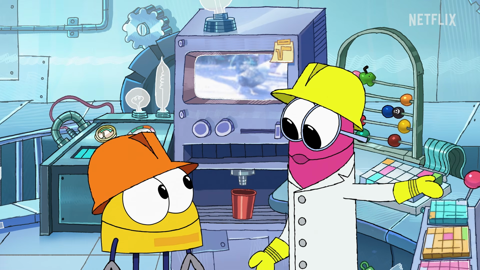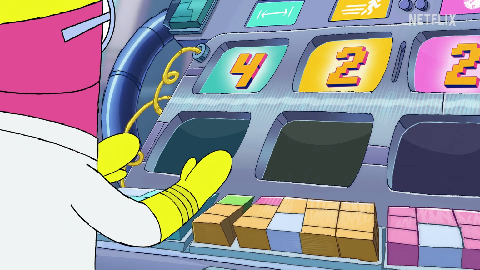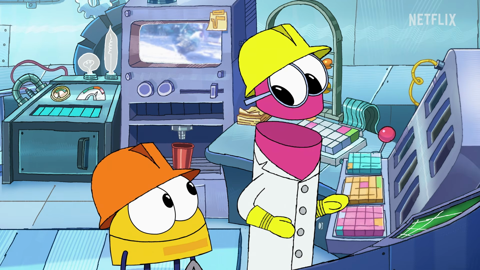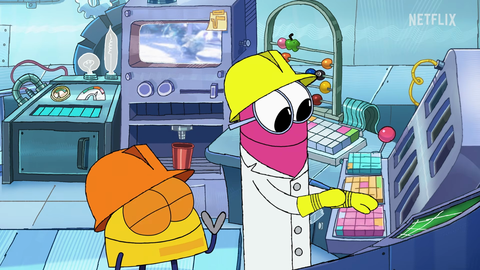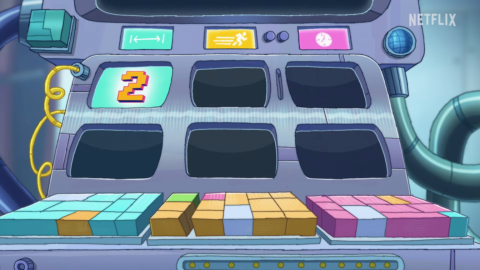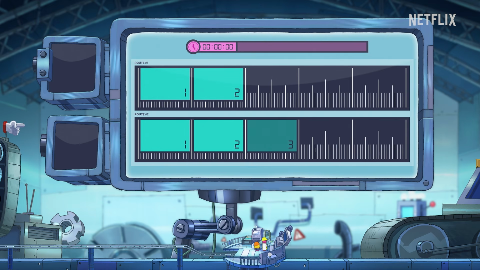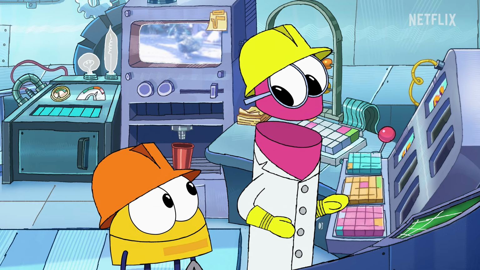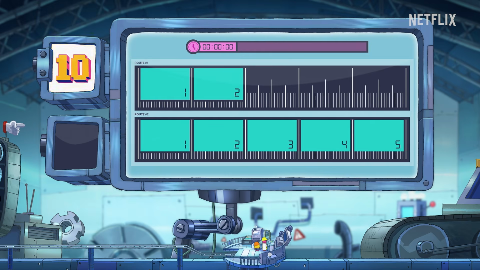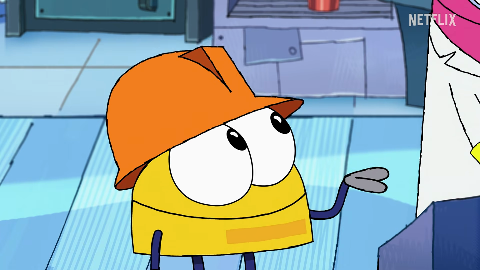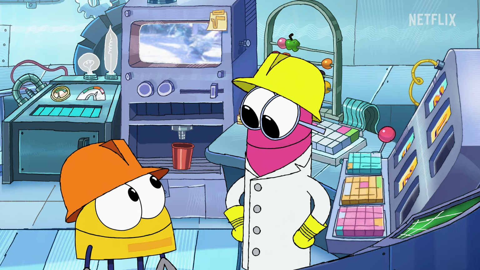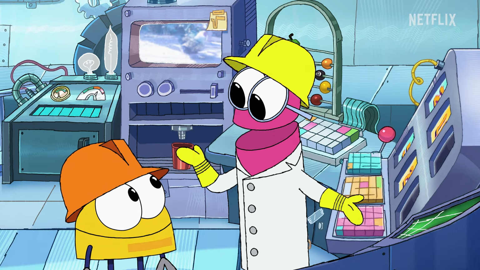Fantastic! Now let's figure out this problem for your friend. How far do they have to travel? Well, one route is 2 miles. And the other route is 5 miles. Okay, and what's their speed on each route? Well, for the 2-mile route, they can travel 10 miles per hour. And for the 5-mile route, they can travel 20 miles per hour. Perfect! That's all we need to run the simulation. Are you ready, Bing? Ready, Ada.